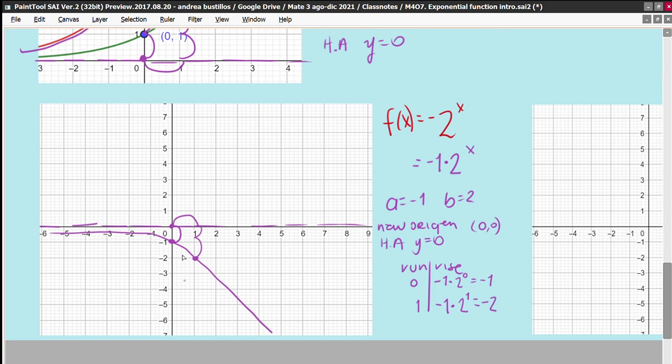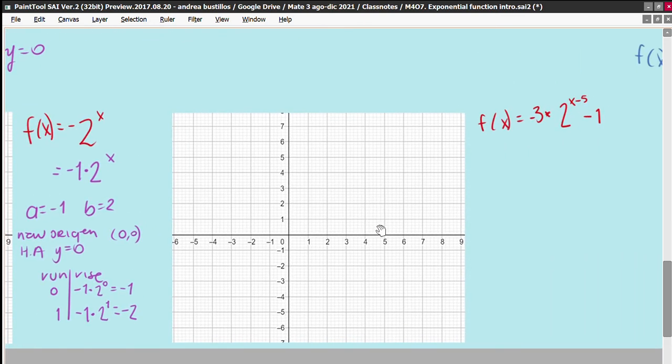So you can easily identify the domain and the range for this function. Remember that the domain for any exponential function is all real numbers. And the range is from the horizontal asymptote towards where the function opens. Notice that for values of y, this function starts in minus infinity, it continues, and it stops at the horizontal asymptote. So the range for this function is minus infinity to 0. And that's it. Let's check an example that combines all of these